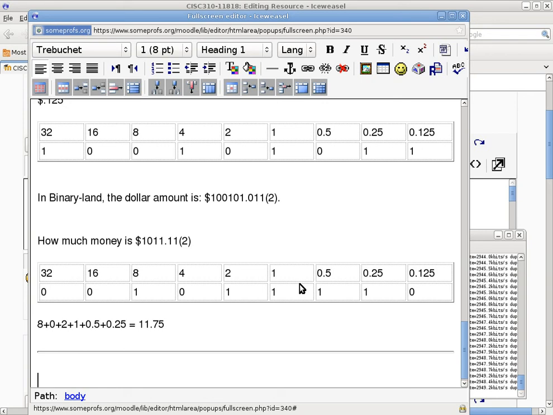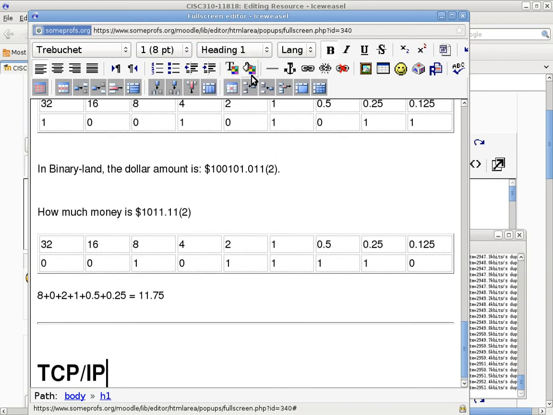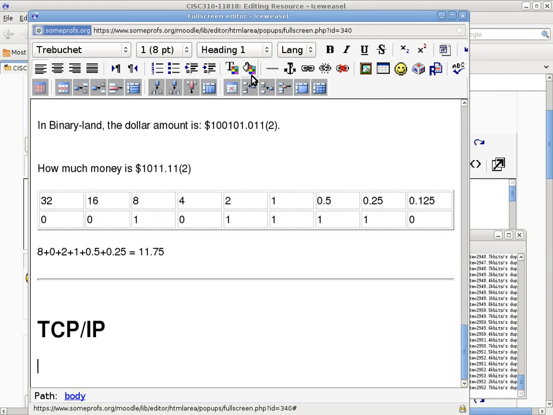Okay, so we are getting back to TCP/IP now. TCP/IP, and we'll go ahead and change the style back to heading 1, and we'll get started with it. With TCP/IP, the first thing you have to remember is, what is a LAN? What is a local area